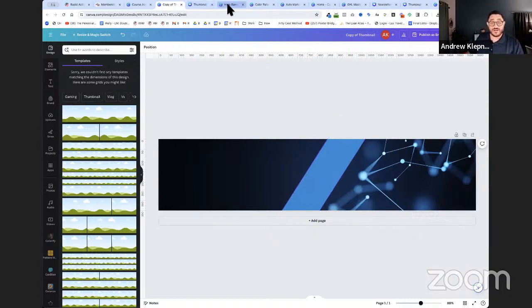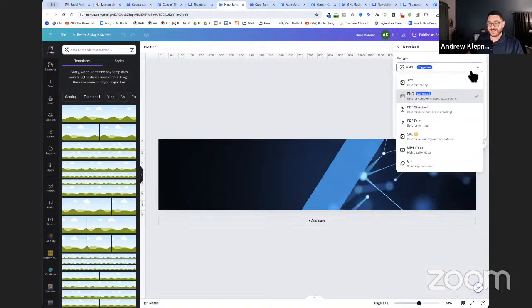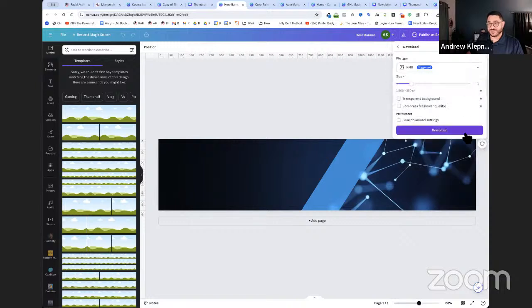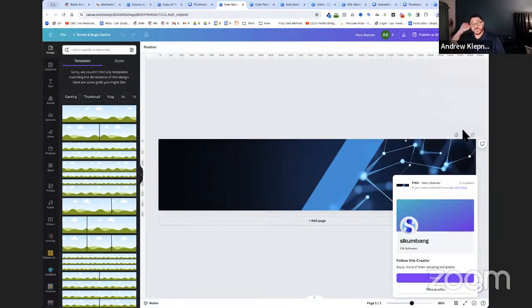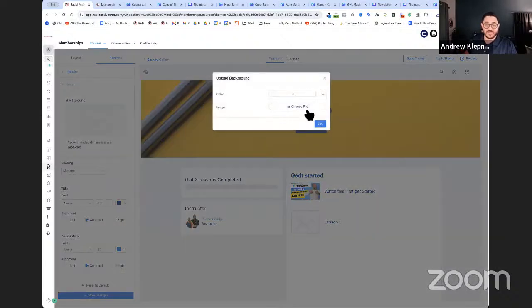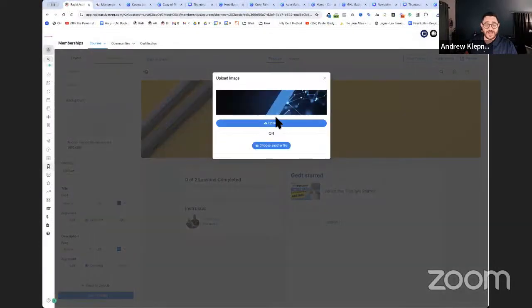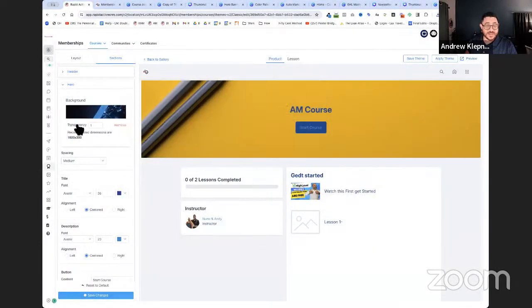I've already created it over here. I kind of adjusted it, as you can see. So I'm going to click share, download, and I'm going to download the PNG for this. This time I don't need to use transparent background because I want the whole thing. All right, so I go back to my members area and I choose this background. I click choose file, grab my hero banner, and it's going to upload. And as you can see, it's right there, but it hasn't changed here again. So if I click save change,